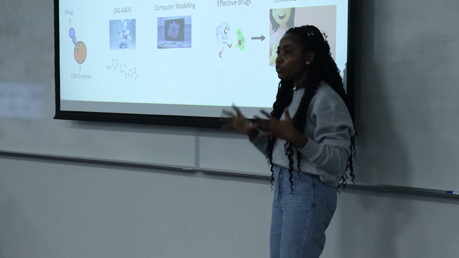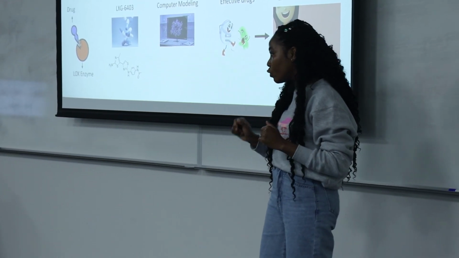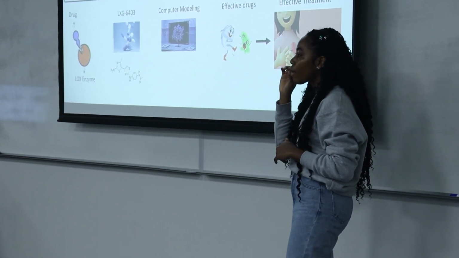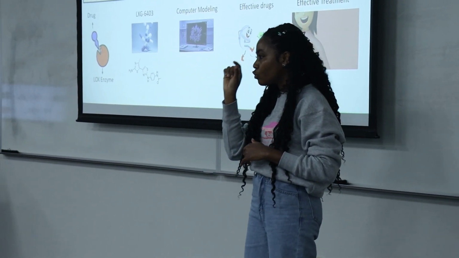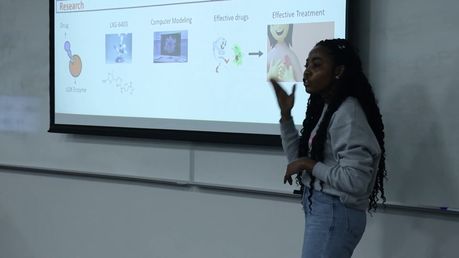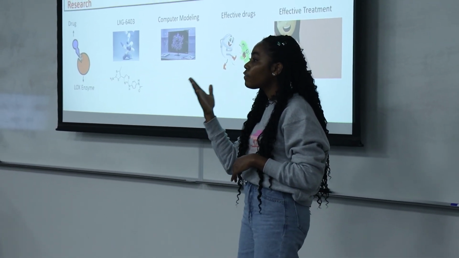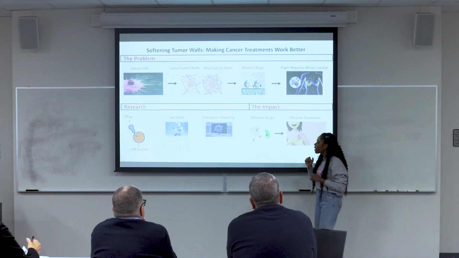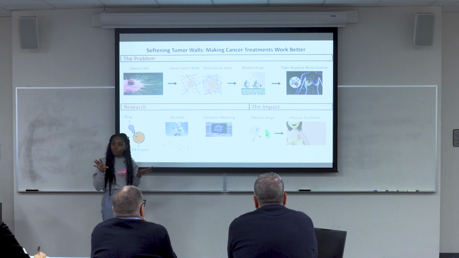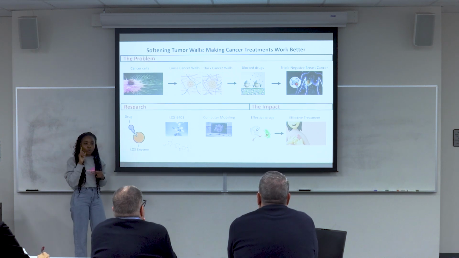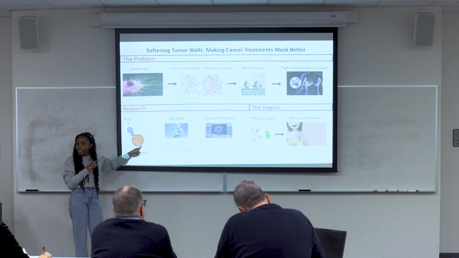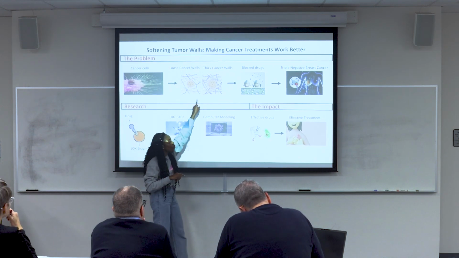Cancer occurs as a result of uncontrollable cell growth. So if the number of the cells keeps on increasing, then the disease becomes very deadly and difficult to treat. This scenario is what happens in aggressive tumors like triple-negative breast cancer, which is the main focus of my research. So in my lab, what we want to do is to make these walls soft so chemotherapy drugs can work better. We know there is a particular enzyme in the body called LOX enzyme. This enzyme is responsible for making the walls thick.